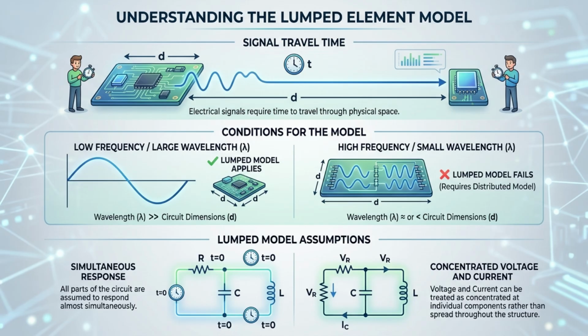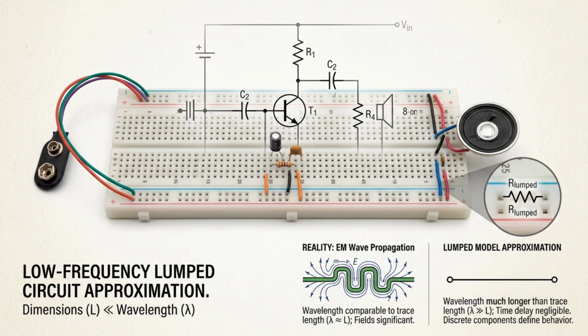The lumped model works because electrical signals require time to travel through physical space. When circuit dimensions are much smaller than the signal wavelength, all parts of the circuit can be assumed to respond almost simultaneously. Under these conditions, voltage and current can be treated as concentrated at individual components rather than spread throughout the structure. For low-frequency circuits and small electronic systems, this approximation is extremely accurate. Most power supplies, audio circuits, and basic electronic devices can be analyzed successfully using lumped circuit models without needing to